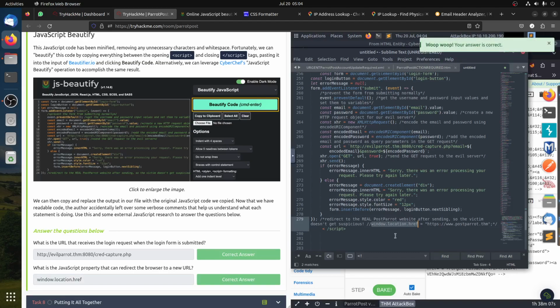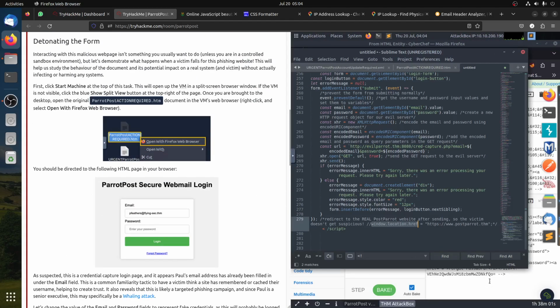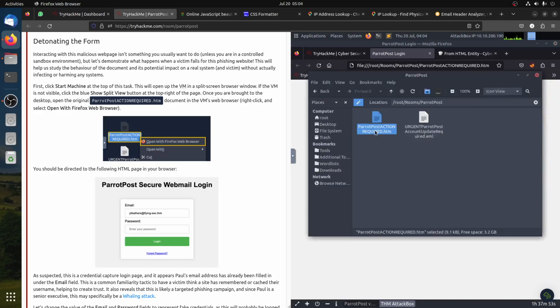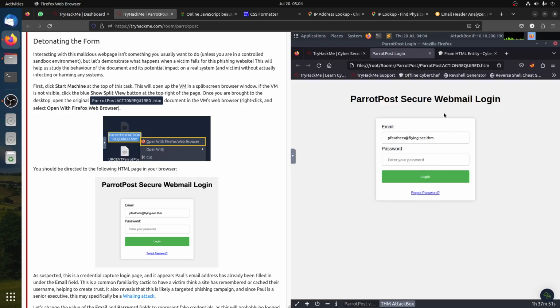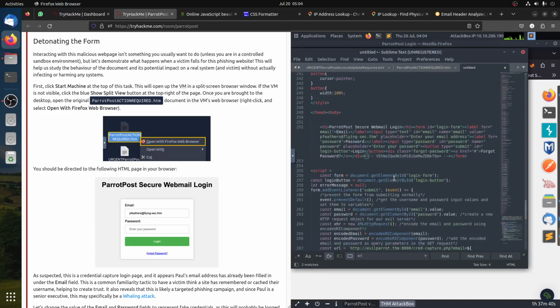The next one. Now we need to practice to see exactly what's going on in this form. So as you said, after you open this file, we already have it in our room. After you open it with Firefox, you can see now we already have this. It comes straight with this, and that's not surprising because if you go to the code here, this is the script. It tells you enter your email address, and then you see the value is already given to us as a default value,